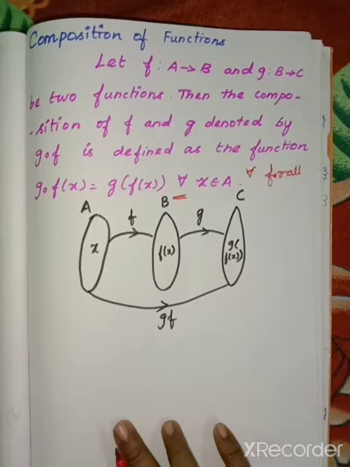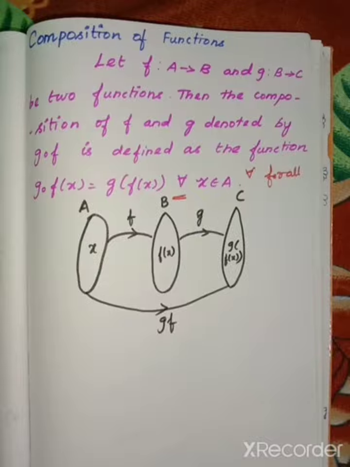See here, in the previous exercise we saw only f of x, because for one function we can solve: x equal to 1, x equal to 2, like that, find the type of function, and also find the domain, codomain, range. Here we have a composition, which mingles with another set. Here we work with two functions, that is f and g, f of x and g of x.